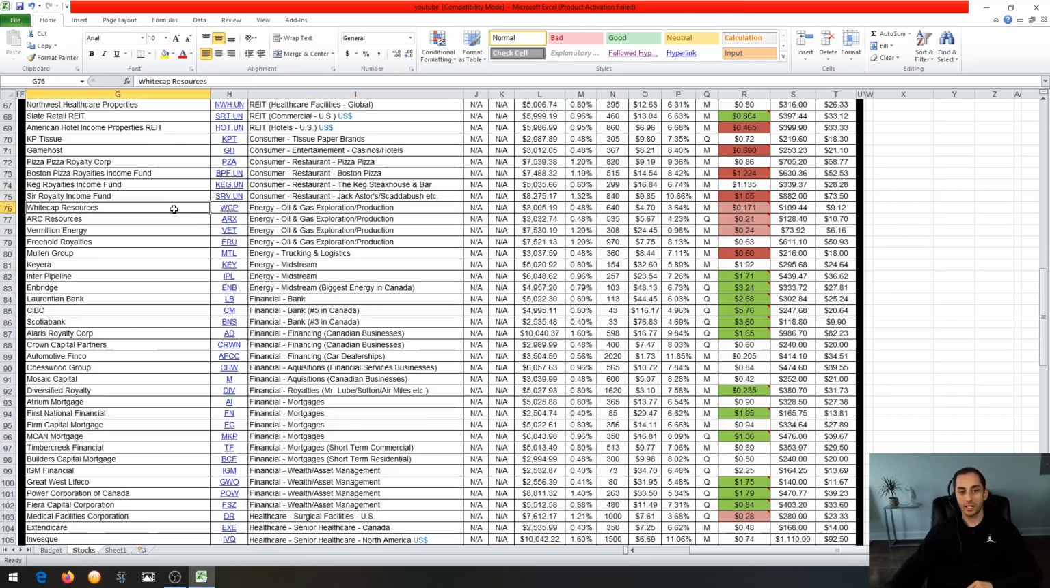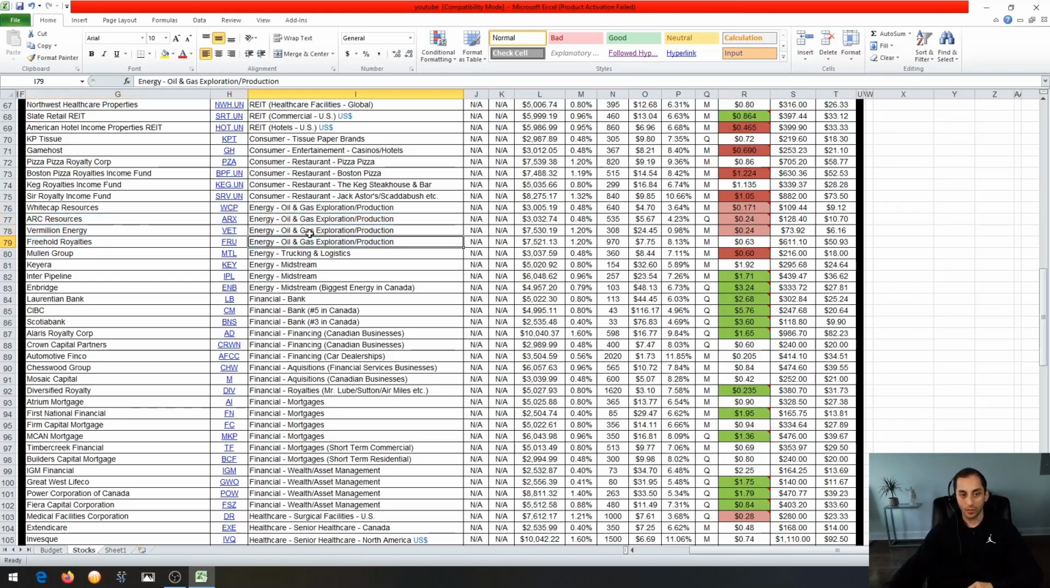So the next section, sorry, is my energy companies. So I won't go into detail on each one. The first four I have are Whitecap, Arc Resources, Vermilion, and Freehold. These are the oil and gas exploration and production companies. So these, in terms of risk, are the highest risk because they basically go up and down with the oil